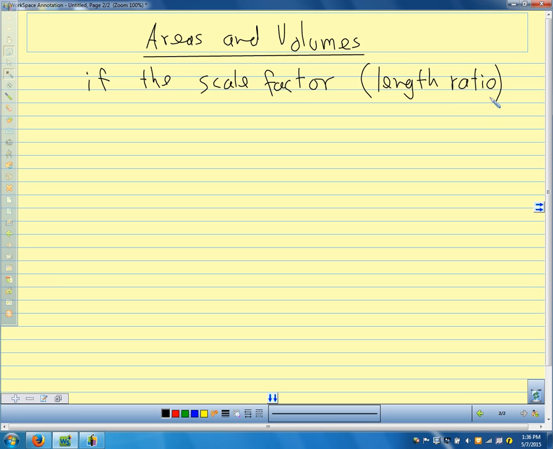The reason I write length ratio is it could be the ratio of the heights, the slant heights, the perimeters, the radii, some length ratio. If the scale factor is A over B,